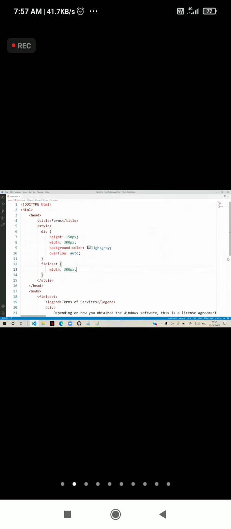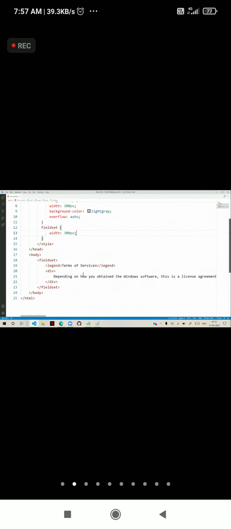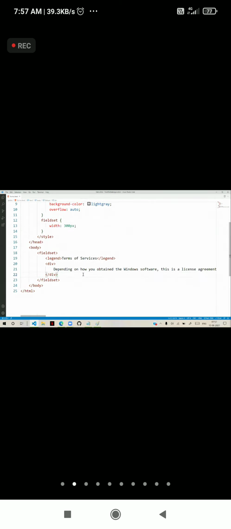Below this I am giving another div, and in that we have a checkbox, input type equal to checkbox, and I give a span, I accept.